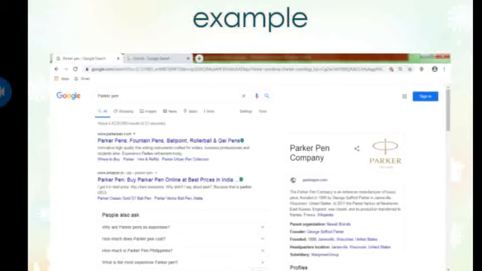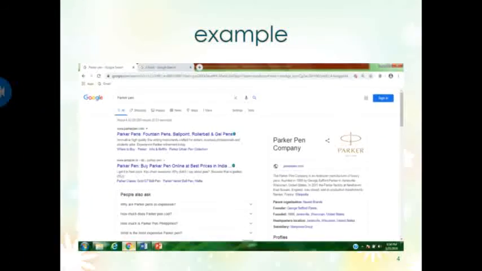For example, here the website at the first rank is www.parkerpen.com. So search engine optimization techniques are used to increase the ranking of the website, so that a website of a company must be displayed on a higher rank. So it is search engine optimization.